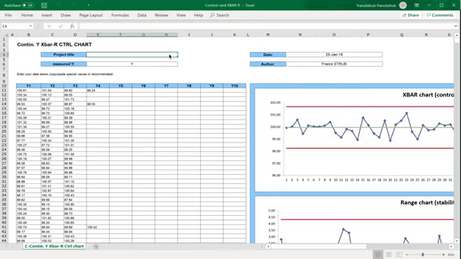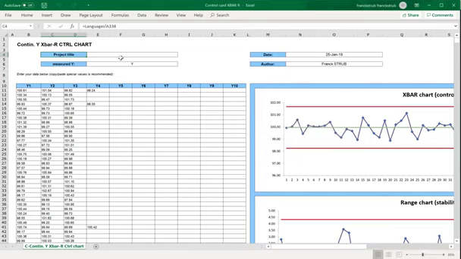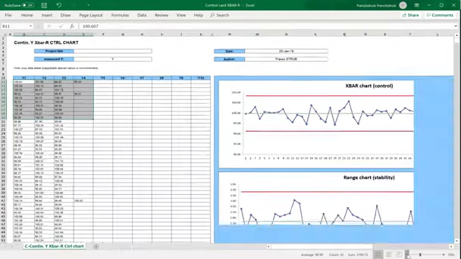Good morning. With this tutorial, I want to show you how to use what we call an X-bar range control chart with a continuous Y in your DMAIC project. When you open the tool, you have two types of cells: blue cells, which are protected, you cannot delete them, but you can see the formulas on the top bar, of course, and white cells, this is where you enter your data. The tool comes with pre-filled data,